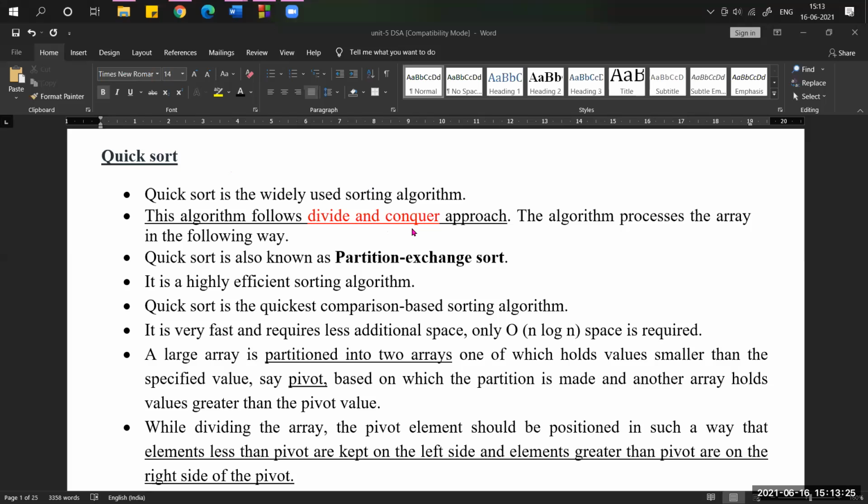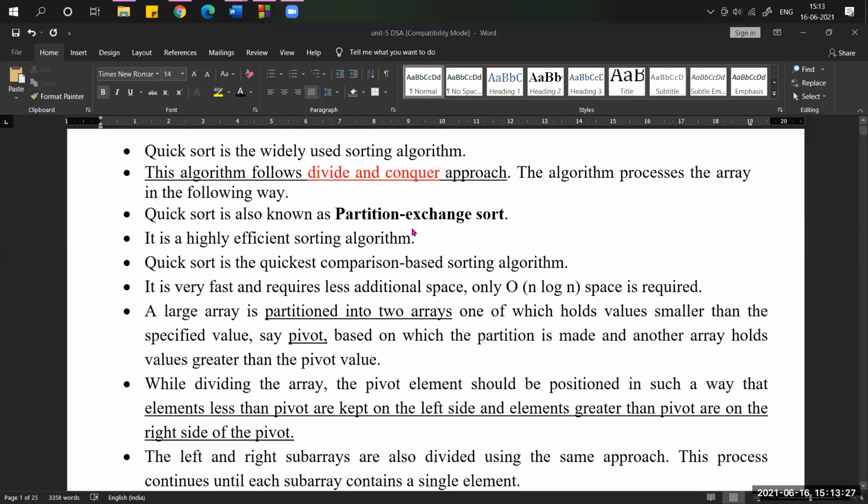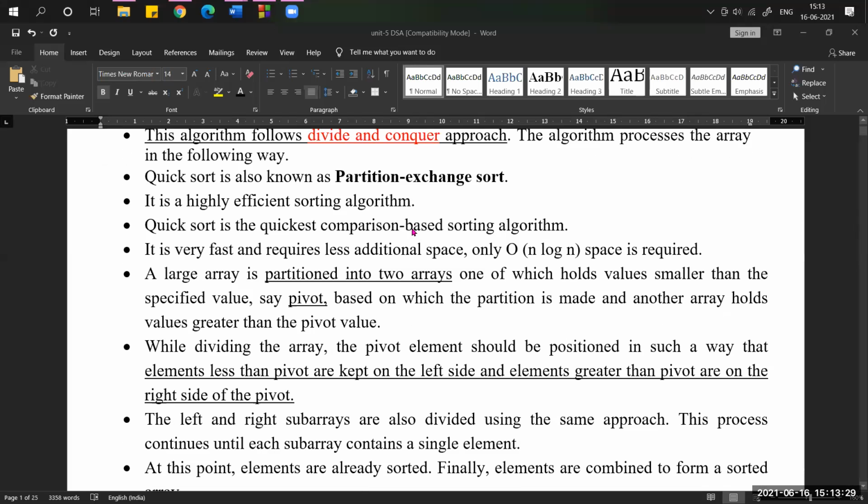Now, quicksort is also known as partition exchange sort. What is meant by a partition? Partition in the sense, for example, here you are dividing. Take another example: an array having five elements. Now I want to partition it, with the left elements separately and the right elements separately. Then how can I divide?